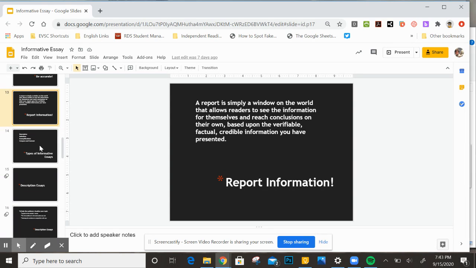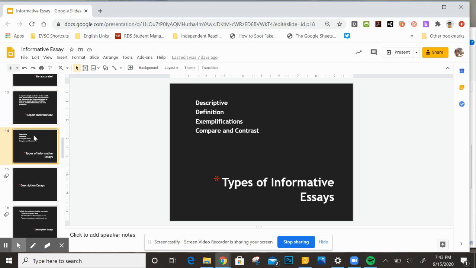The slideshow goes on to talk about some of the different types of informative essays. The book talks about these different types. And one of the things that I would just like to say to wrap up with this is, feel free to take a look at those and get a sense of the different types. But remember that a lot of these, you will use more than one of at a time. You might have some description. You're going to use some exemplification. You might have to define something. You might compare and contrast some things to define something. So there are a lot of times where you might do several different types of these papers at once.